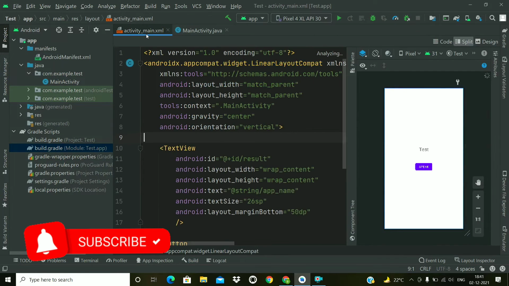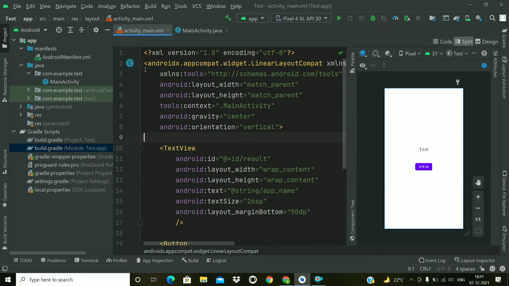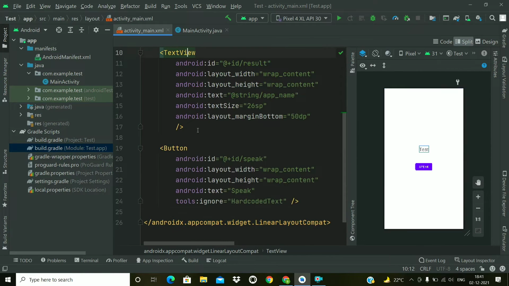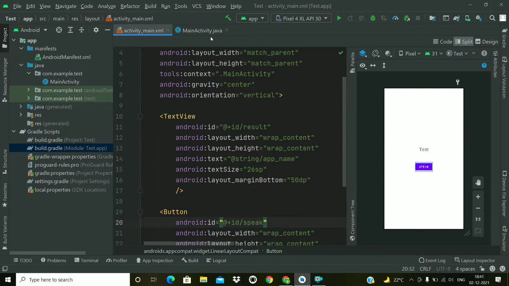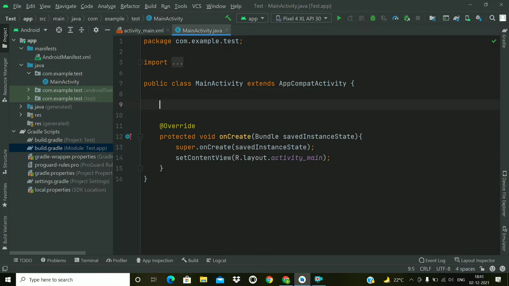Now first we will look at the layout file. We have this layout file activity_main, which has a root layout, LinearLayout compat, and we have two view elements in it, a TextView with the id result and a button with the id speak. So now let's move to the Java code. We need to make some changes here. First of all, we will create a reference for the binding class.